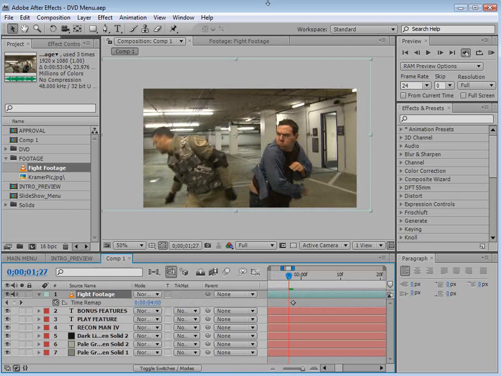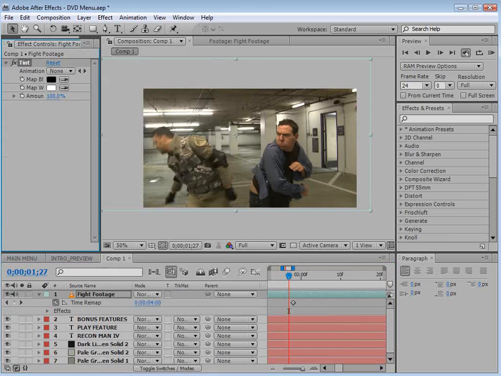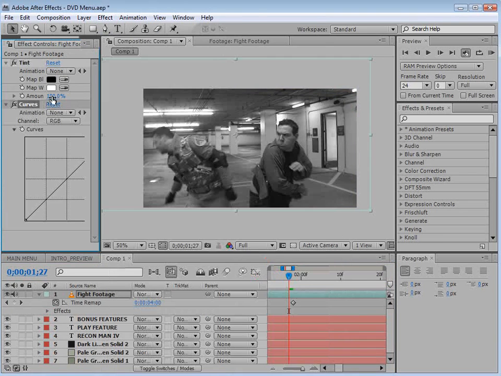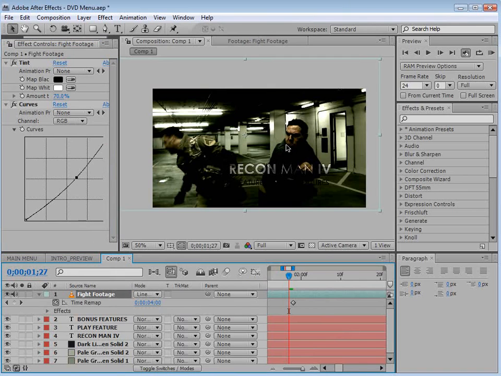Okay, let's add some color correction. So we'll choose Effect, Color Correction, Tint, and Effect, Color Correction, Curves. And we're going to tint it down and just add a little bit of a curves contrast. Now we want to change the transfer mode to linear light,